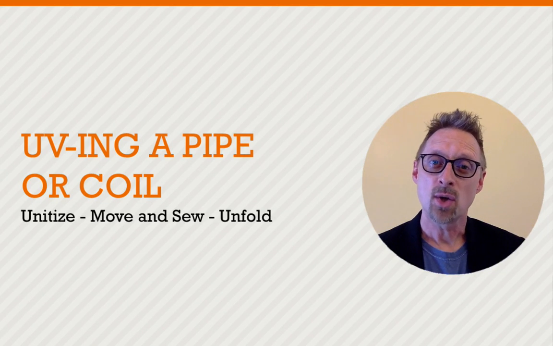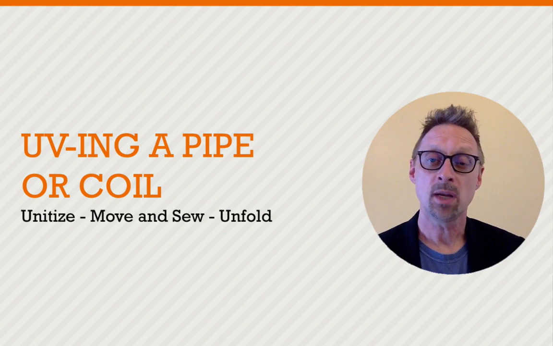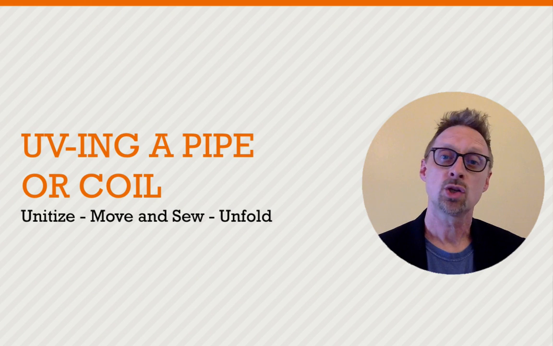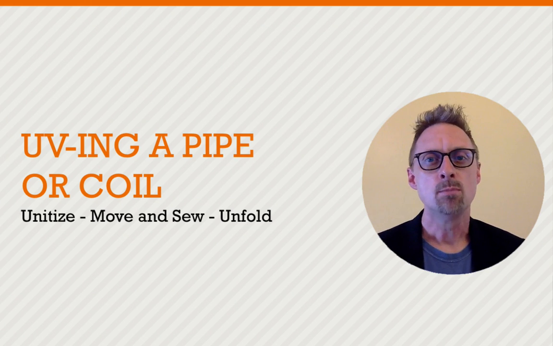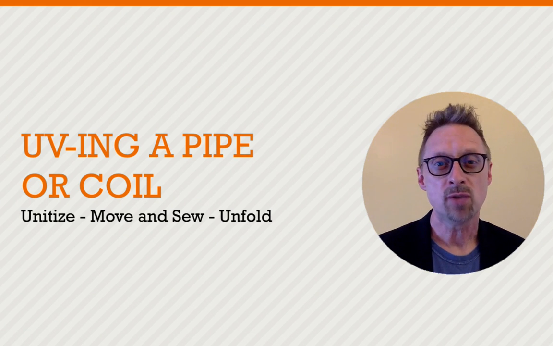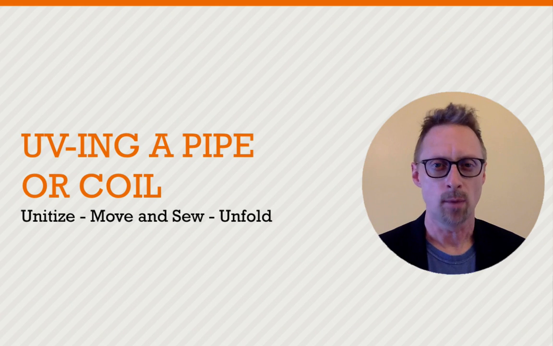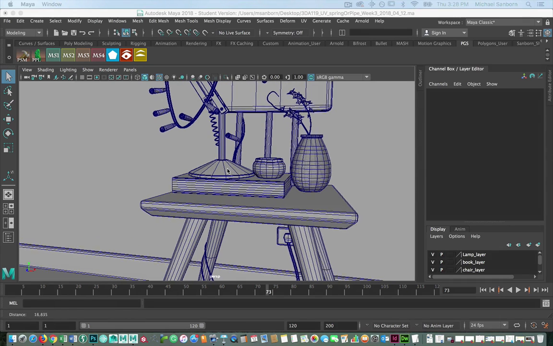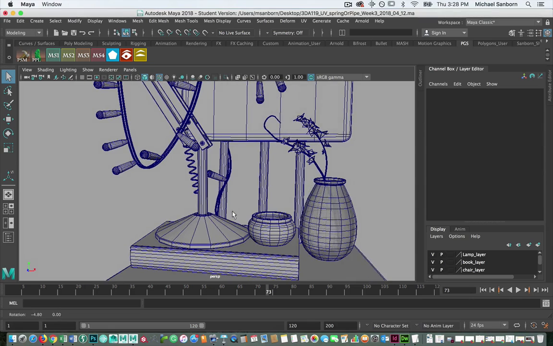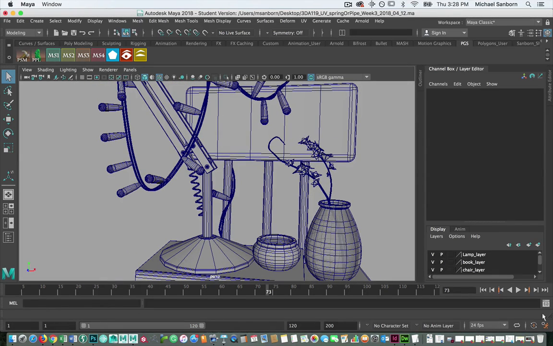In this demo, I'm going to show you how to UV a pipe or a coil, which can be a tricky process in Maya. So I'm going to show you the unitize function, how to move and sew, and how to unfold your UVs to get a nice even UV layout. I've gone ahead and opened up the scene file with this lamp,